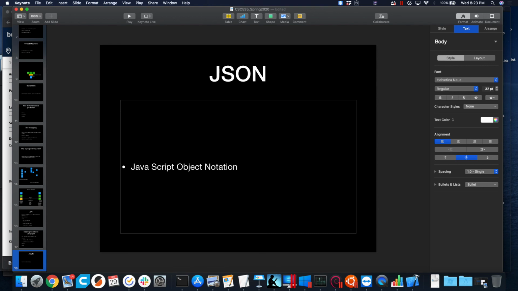If you were a JavaScript programmer and you wrote object-oriented code in JavaScript, guess how you write your objects? Using JavaScript object notation. That is the syntax in JavaScript for writing objects.